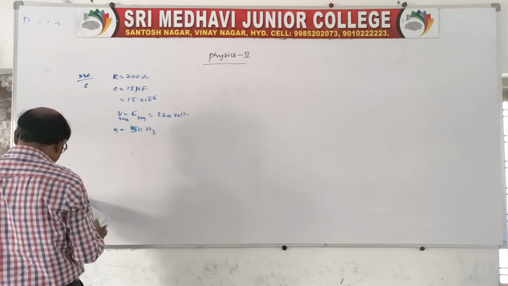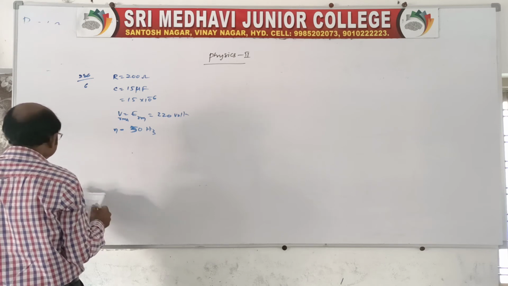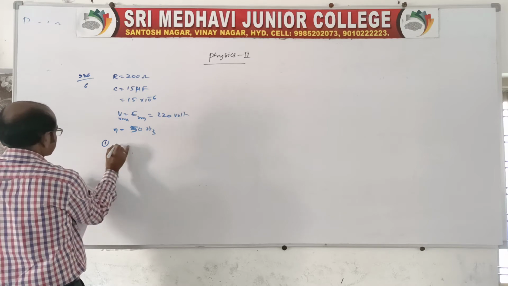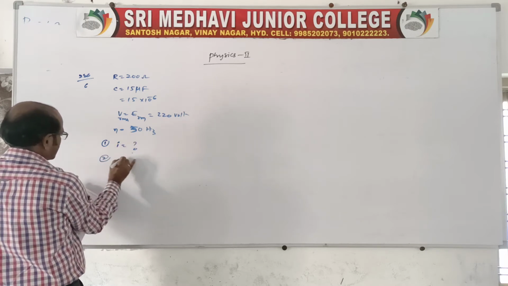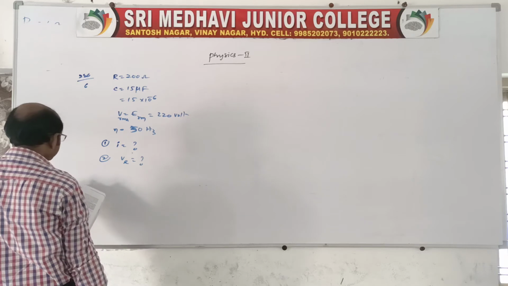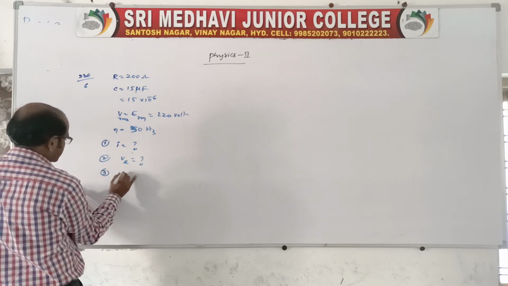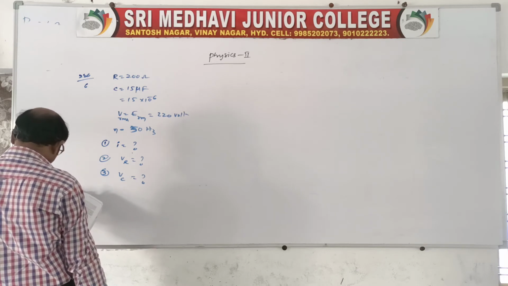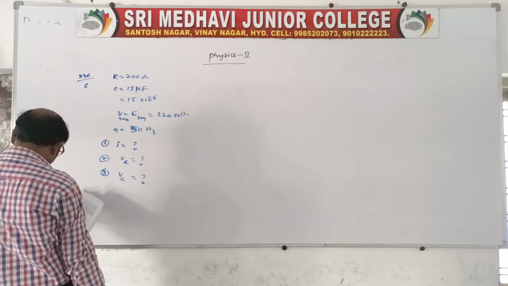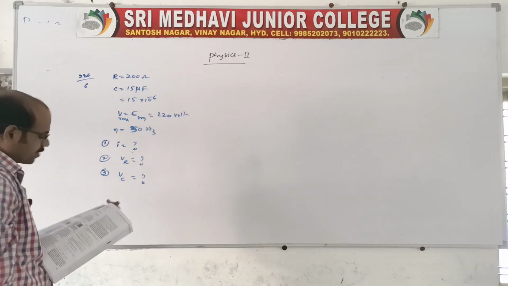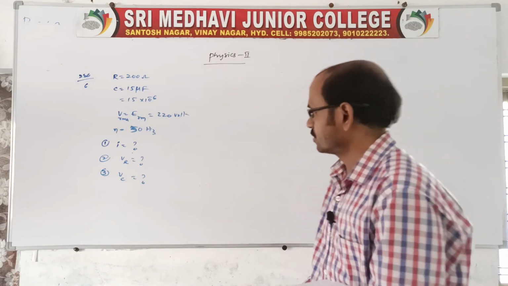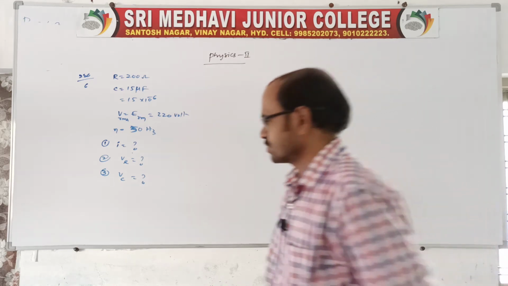Calculate the voltage across the resistor and the capacitor. See, different things are asked, and we need to find both. First, the current is asked. Second, the potential difference across the resistor. Third, the potential difference across the capacitor. And whether the algebraic sum of these voltages is more than the source voltage, and if so, resolve the paradox. Okay, we'll see. Before that, first of all we need to get I, because the question is asking first only the current.